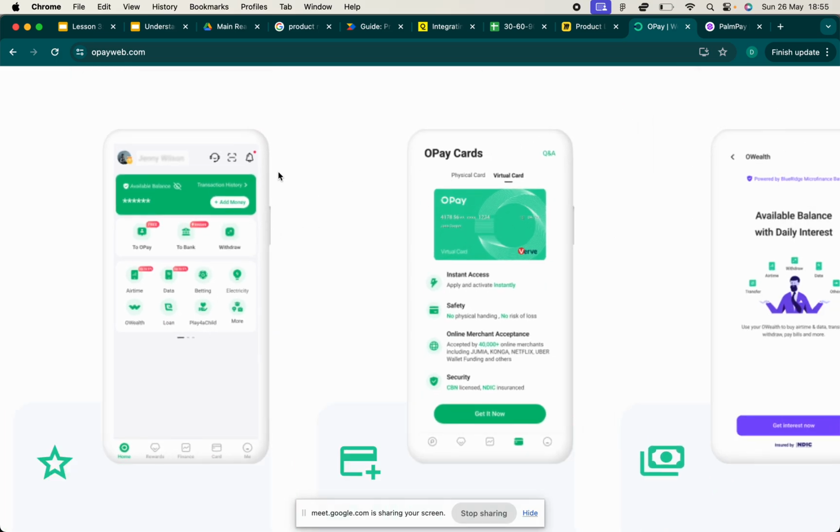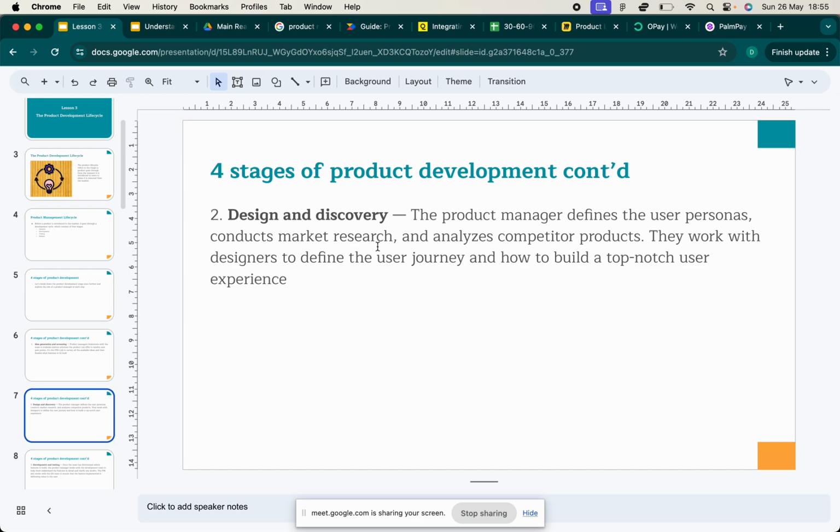So the people that do this are known as UX designers and UI designers. UX is concerned with the experience. What does the app behave like? What is the behavior? And UI is really about making it look nice, making it look appealing to you. And to do that as a PM,